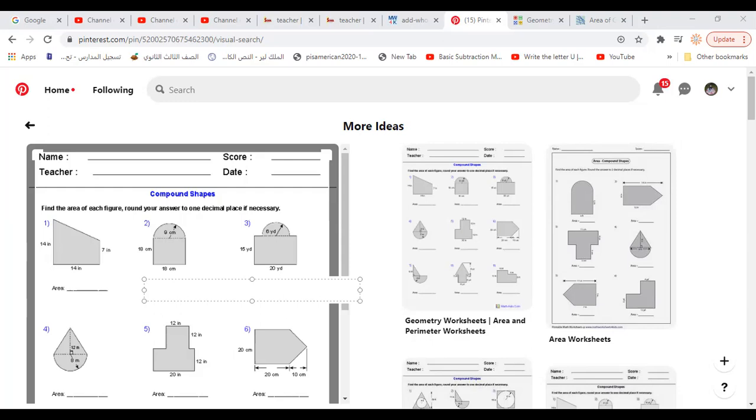What about figure 1? How can we divide figure 1? It's a rectangle and a triangle. A triangle. Very good. So we can calculate the area of the rectangle, and then